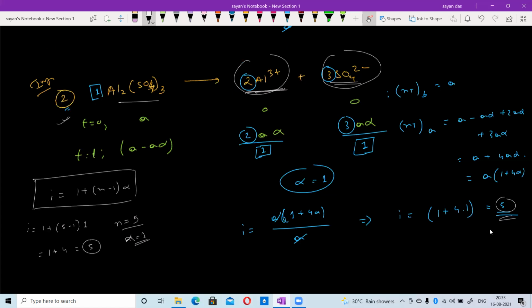Do you have any doubt regarding this part? Please tell me. This stuff is clear? Quickly answer me. Do you have any doubt about how to find this? After dissociation, please find the number of ions, which is basically n, and alpha. If nothing is given for an ionic compound, alpha is always taken as 1. From here you can find the i value. Is it clear? And what is i? i is the van't Hoff factor. Is it clear? Abhinav, Manish, any doubt? Raghav, Shruti?